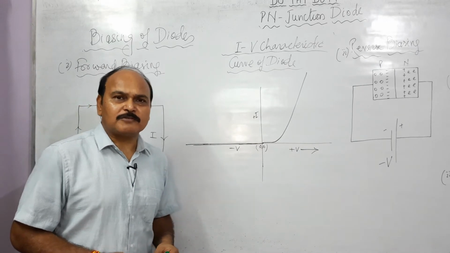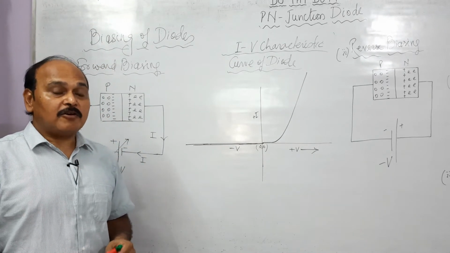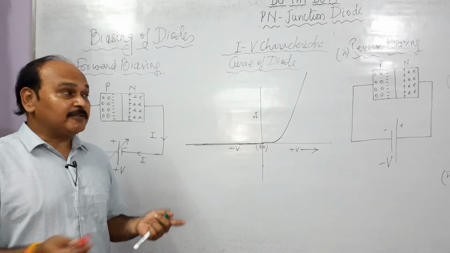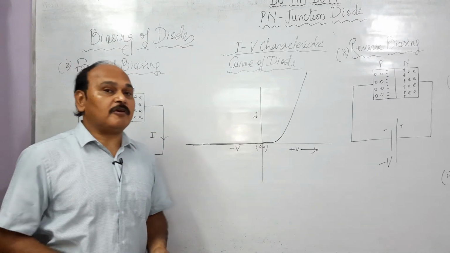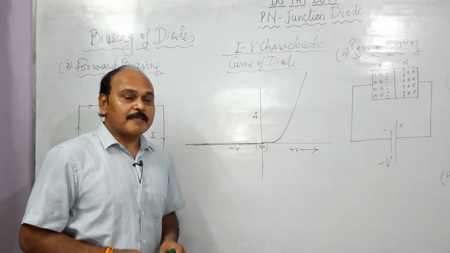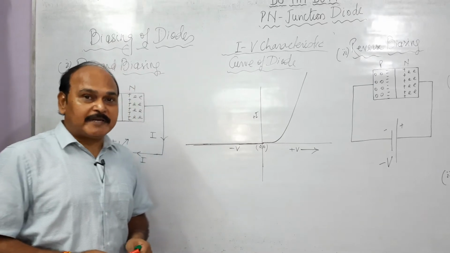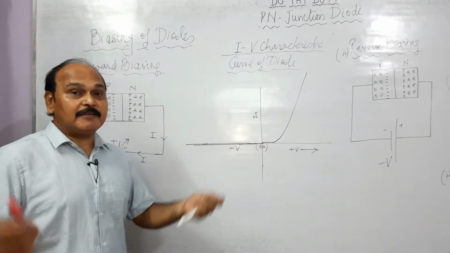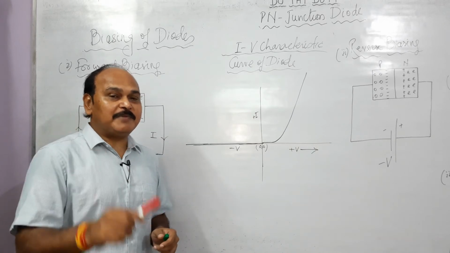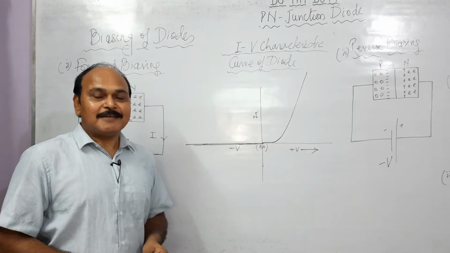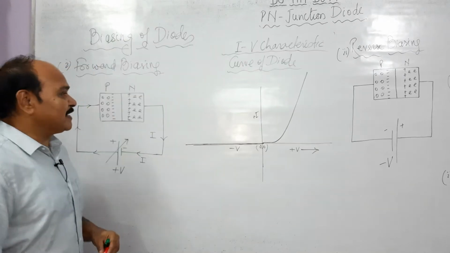What is biasing of diodes? Biasing of a diode is the arrangement of a battery across the diode, and through this biasing we will study the characteristic curve of the diode. Through the characteristic curve, we will know its properties, its behavior in different electrical conditions, and by virtue of that behavior, how it is going to be utilized. That is all we are going to discuss today. So let's know its biasing.